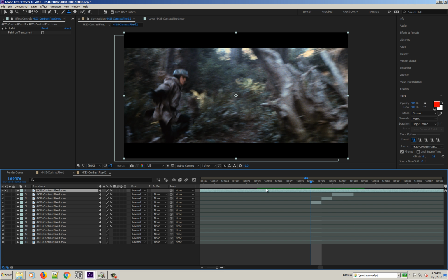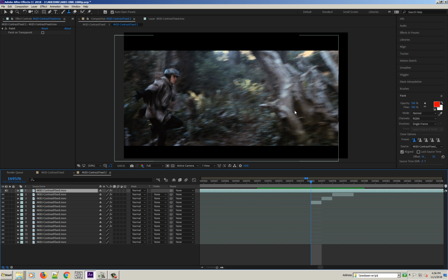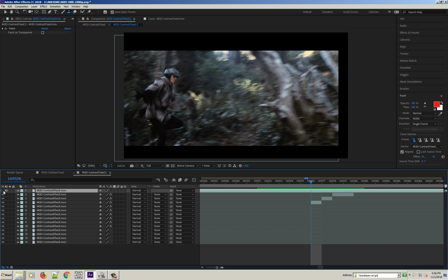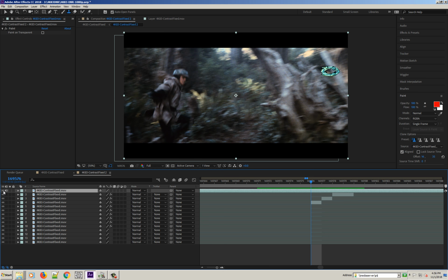and I did that in the same way as the other one, but as you can see the layer underneath had to be moved all the way to the left because he's running to the right, and it didn't actually cover this part. You can see that part there, that right edge, is no longer being covered by the layer underneath completely. So I had to use a little cloning,